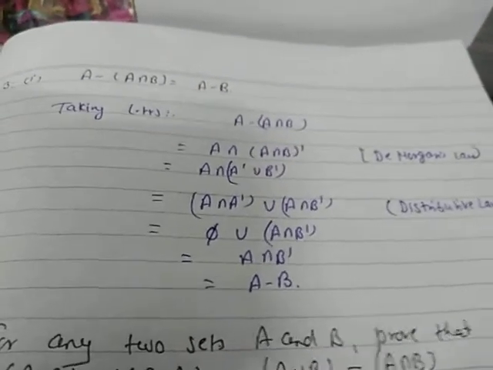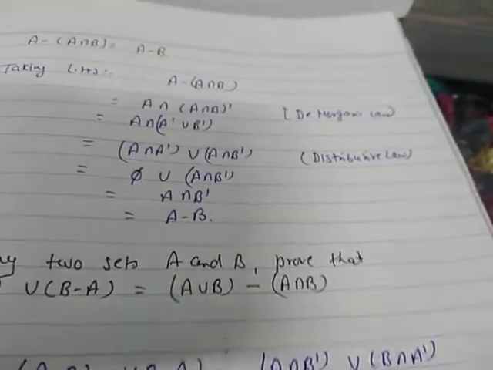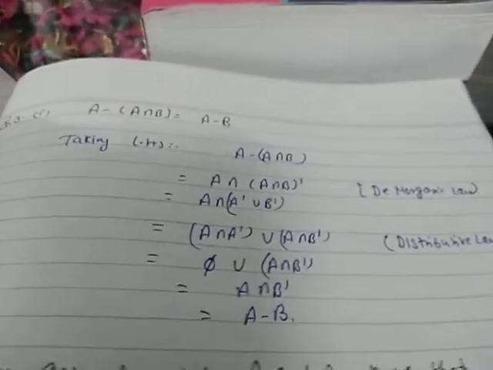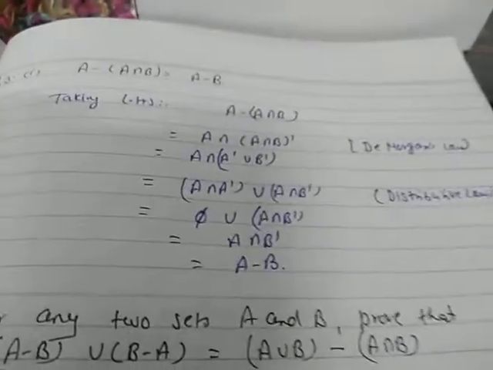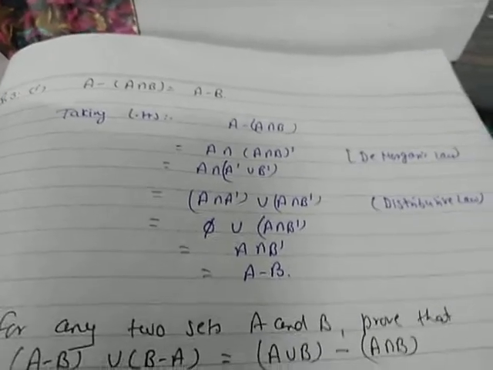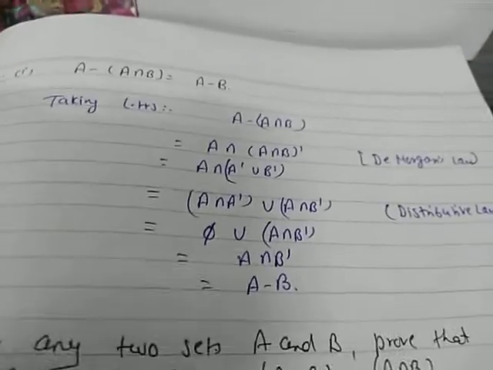For any two sets, A minus A intersection B is equals to A minus B. Now I am going to confirm that definitely you will be able to do these kind of questions after explaining so many questions in miscellaneous or in exercise 1.5. So children, do it properly, and again if you are facing any problem, let me ask, no problem at all. Now A minus A intersection B, this is your